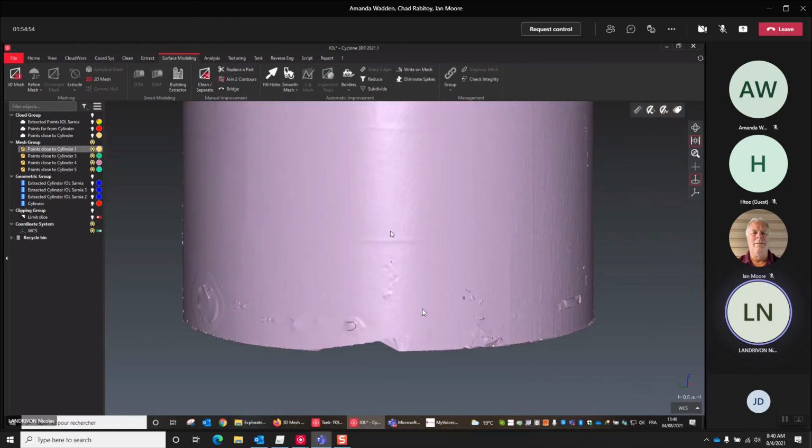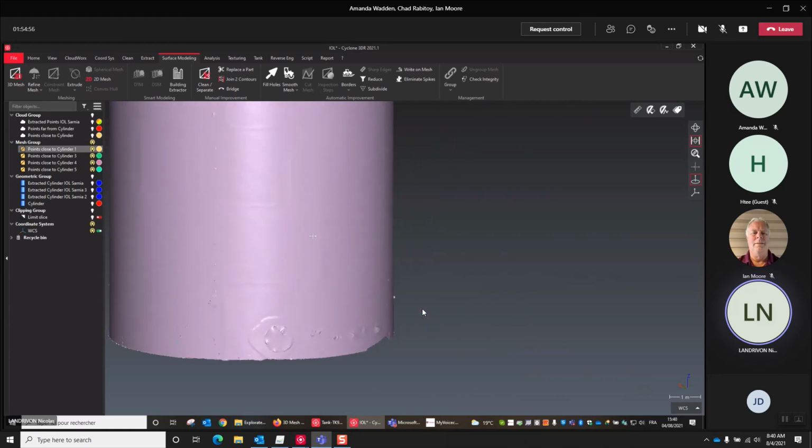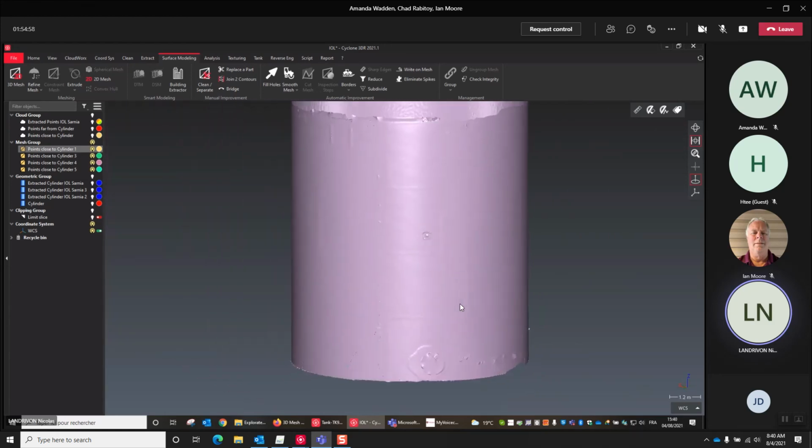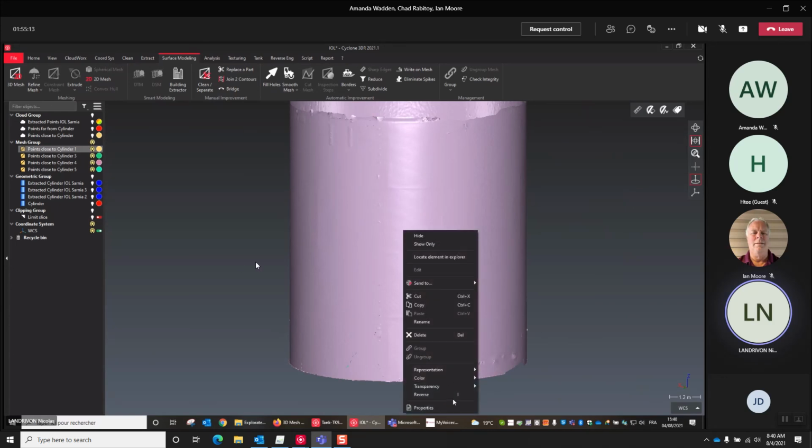Okay, so now what do you have also as improvement tool? It's better to quickly improve the mesh not at the end, because the triangles will be smaller. Here they are not so small.